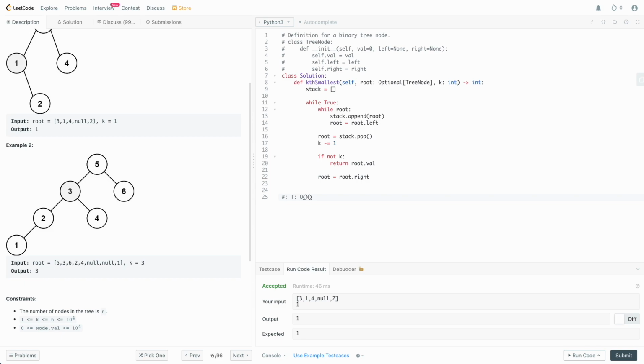Although in the average case, it's going to be much faster, and it's going to depend on, I guess, how close this k is to the smallest element. So if we see 2, then obviously it's going to end a lot faster than if we see k, where k equals the number of nodes in the tree. So it really depends on what k is, but in the worst case, it's still going to be big O of n. The space complexity, because again, we're using a stack here, and we could potentially have to store the